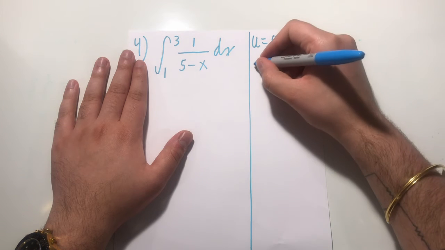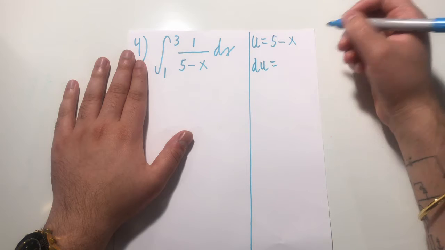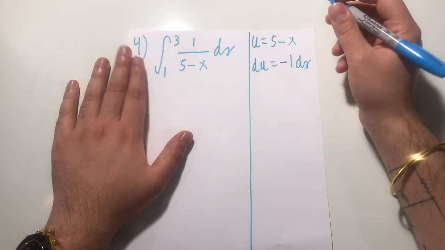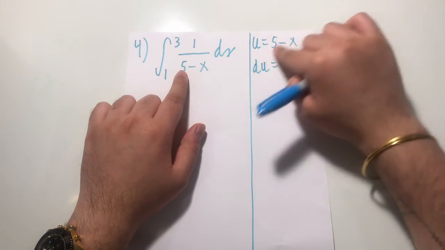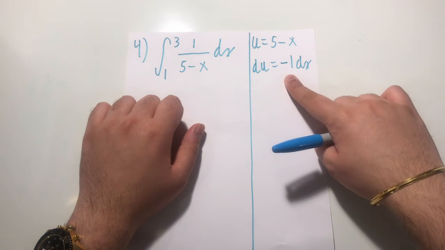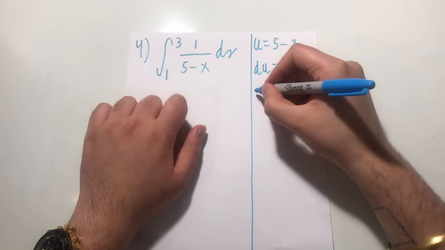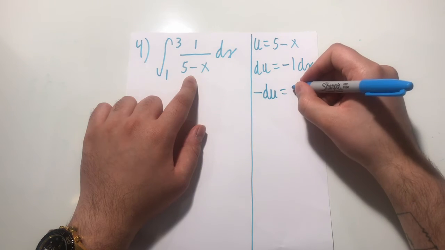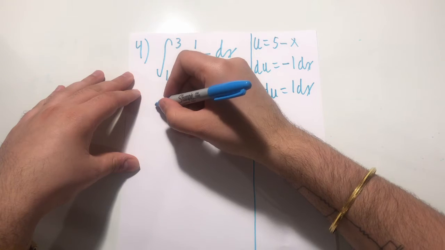So what would our du be? Well, du would have to be the derivative of that, which is -1 dx. Now here we have a problem like the previous 3 where, okay, we can replace the 5 minus x with u, and we're left with a 1 dx, not a -1 dx. That's an easy fix. Bring the negative over to the other side. So now negative du is equal to 1 dx. Now we can do our substitutions, right? So